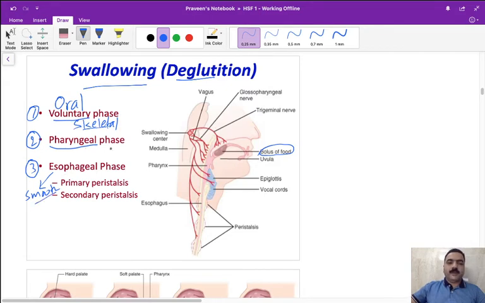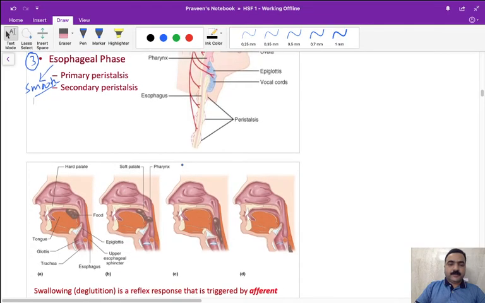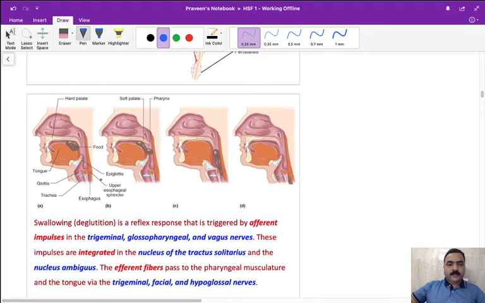So the pharyngeal phase. What are the things that happen in the pharyngeal phase? Let's see over here. As the food is moving down, you can see the soft palate, and this part over here is called the uvula, getting pushed upward, closing the nasopharynx so that the air does not flow down, and also the food particles do not go up. It prevents the food particles from moving into the nasal cavity.